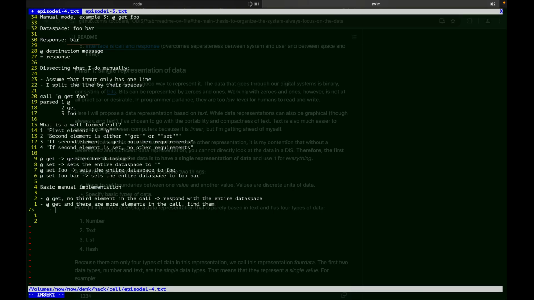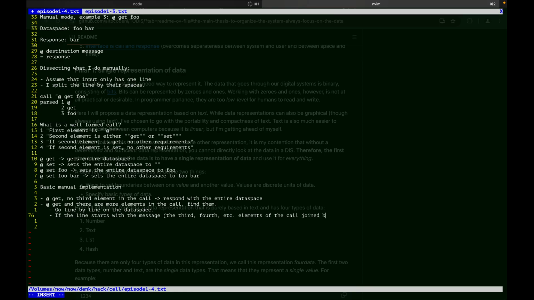I'm going to nest it. So it would be like go line by line on the data space. So we're already processing the data space as text, right? Which is going line by line. If the line starts with the message, which is all the third, fourth, etc. elements of the call,